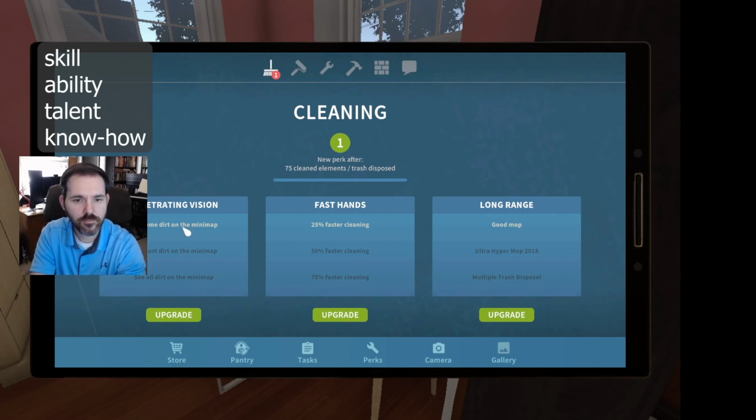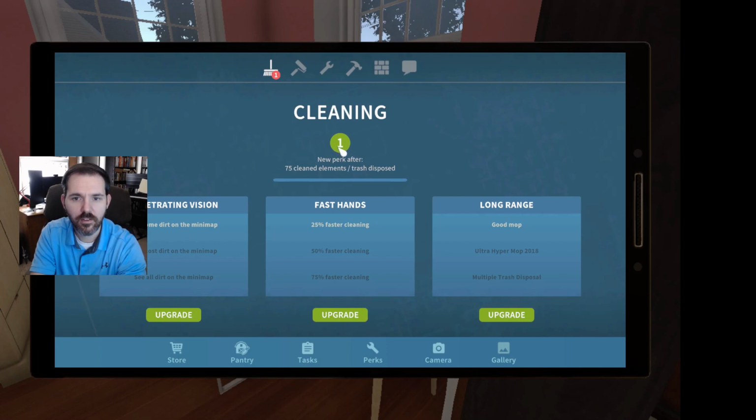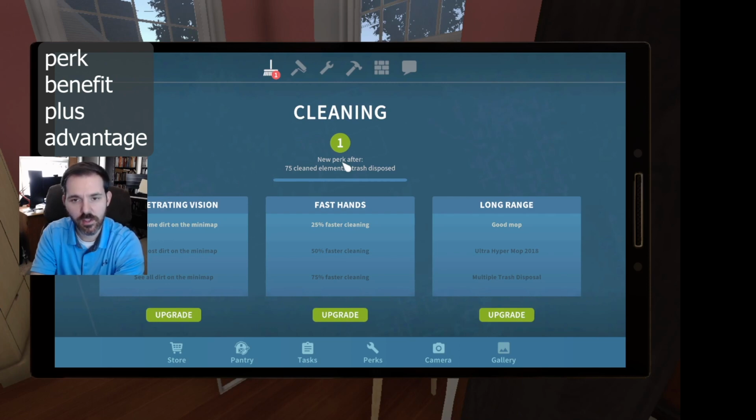So I have one new perk after 75 cleaned elements or trash disposed. So that means every time I clean 75 things or throw away 75 objects in the trash, I get a perk. And a perk is like a benefit, something that is useful to me.